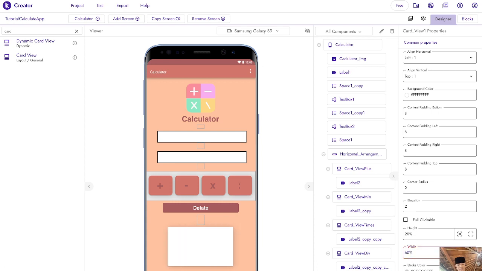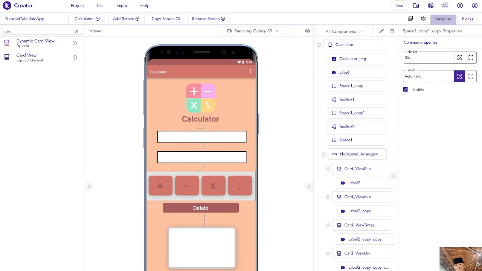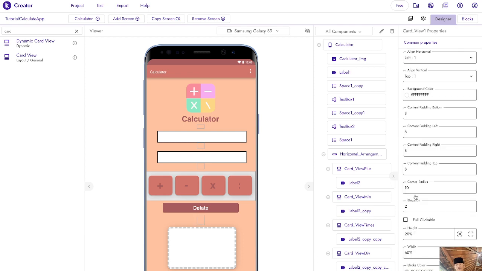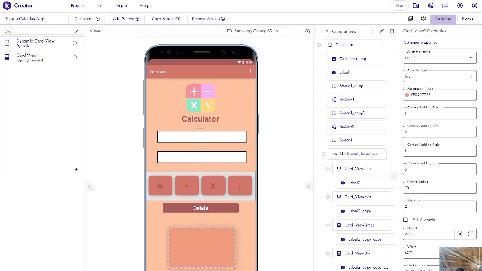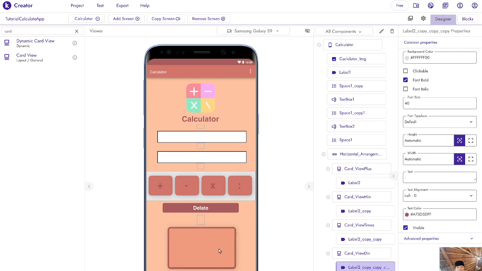Width. And make sure corner radius is there. Okay, we're going to put some stroke too. Just 5. So we're going to pick the color too there. We're going to change the background color there to be one of these. And the stroke will be the darkest color here. So as you can see, it's clean.